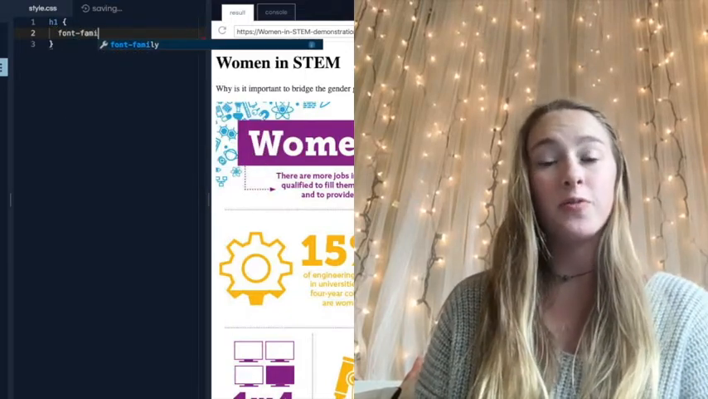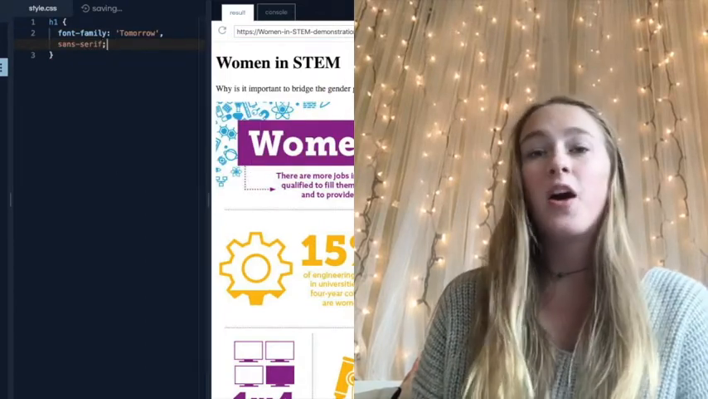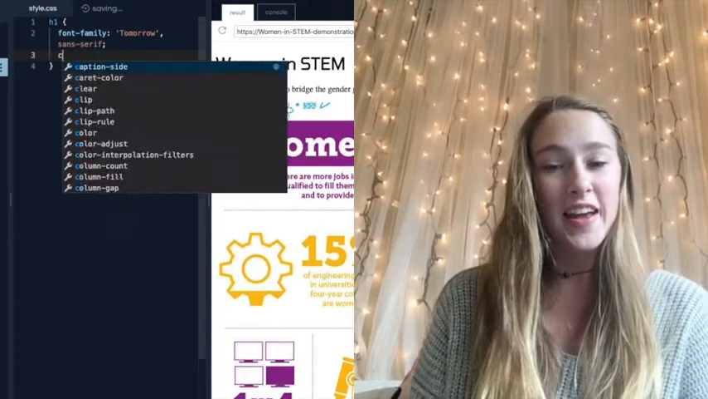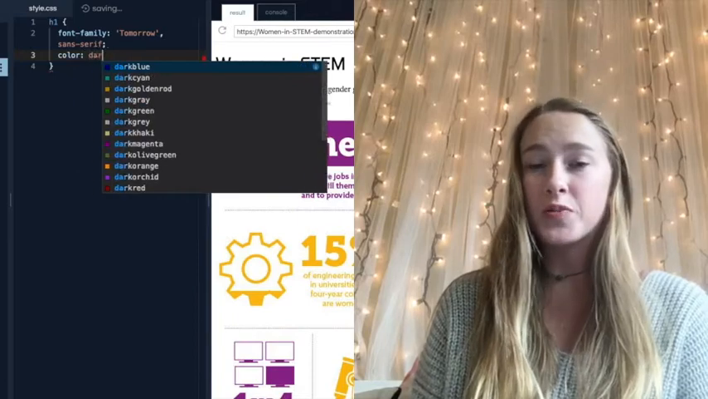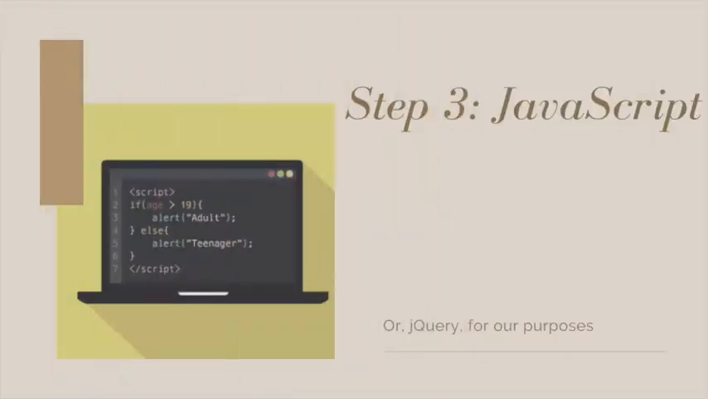Next, call in the font family attribute, type the font name, and add a semicolon. Finally, let's change the color to something eye-catching. Create the color attribute, type in the color you want, and then add a semicolon. CSS can do lots more than just colors or sizes, but for now let's move on to JavaScript, or jQuery